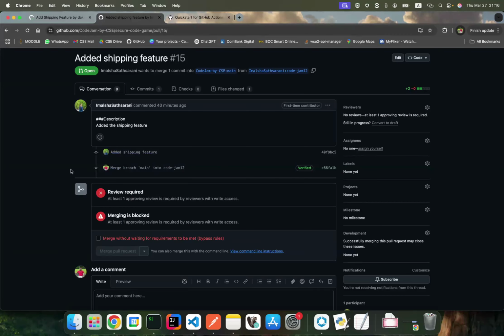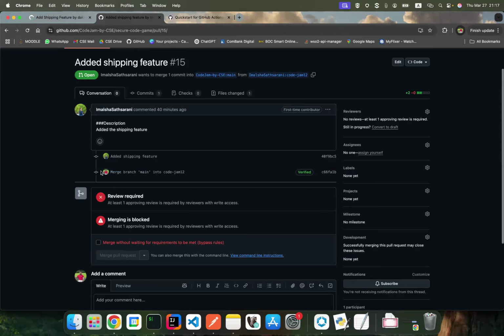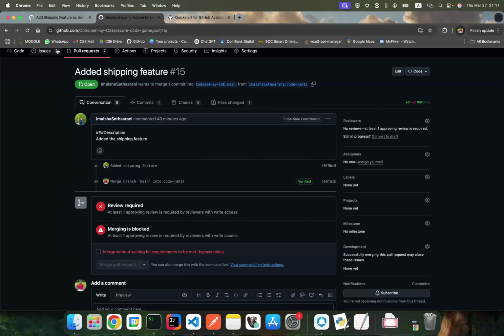That means merge branch main into CodeJam 1 2 means I merged the current main branch into the CodeJam 1 2 branch of that user by fixing the merge conflicts, right? In that scenario, we need to worry about